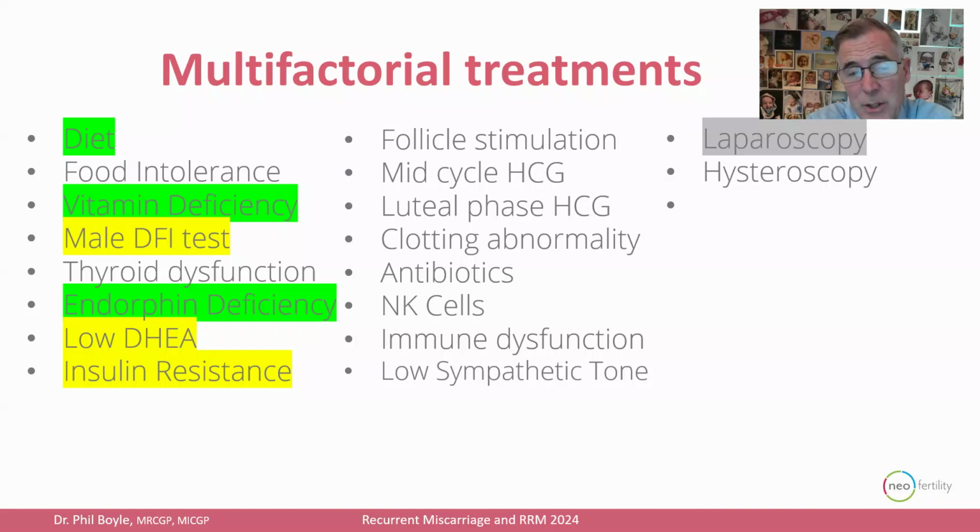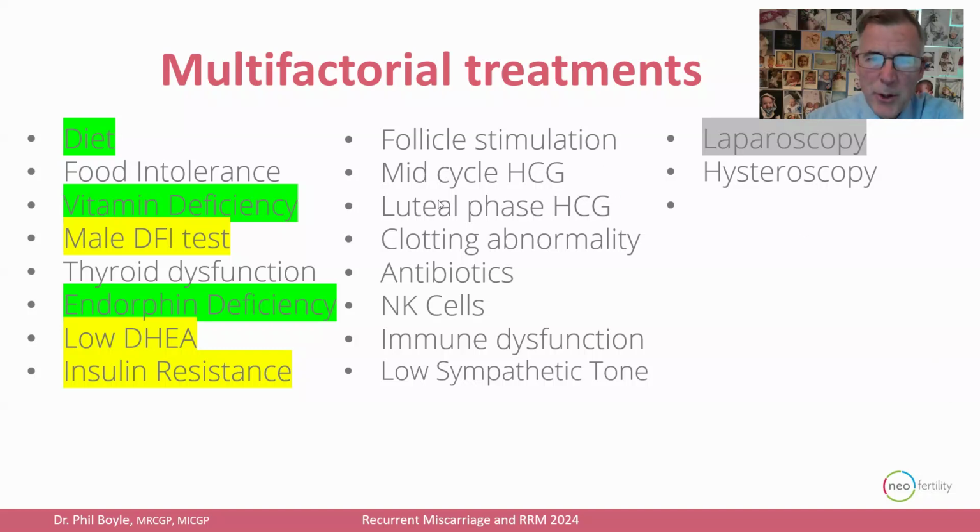And I try and leave surgical intervention to later in the process, unless it is something very obvious, suggestive of a surgical problem. But very commonly, we'd start with diet and supplements and dealing with thyroid or low endorphins and correct these things first. And more recently, low DHEA, massive, especially when people are busy, tired, and stressed, and also insulin resistance. And I would attribute to FEM and to the work of Pilar Vigil for really raising our awareness of the importance of insulin resistance testing and treatment. And we're all doing more of that thanks to her very good work.